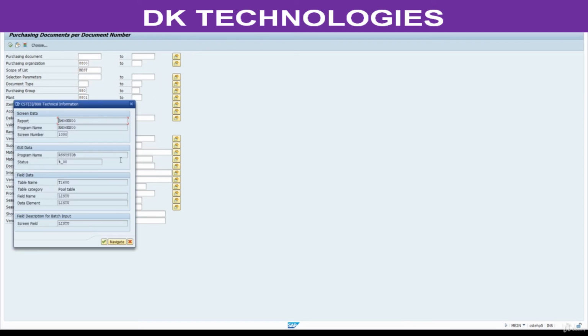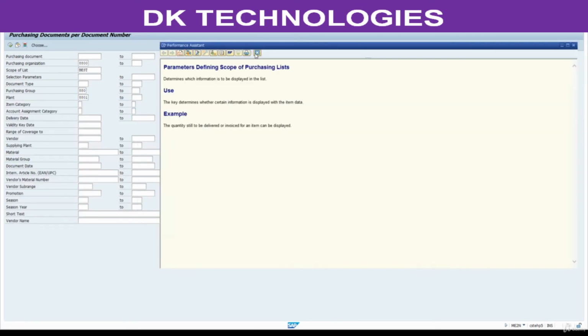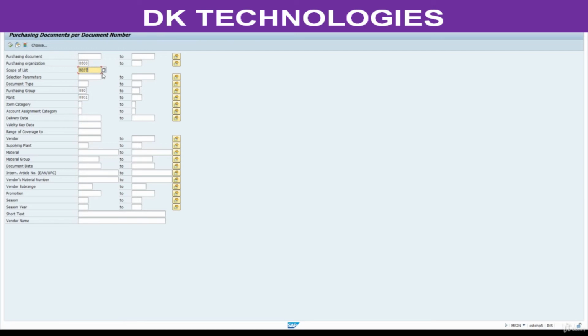Click on this technical information. See, here we don't have parameter ID. If you don't see parameter ID here, that means you can't default this from parameters SU3 T code. Hope you understand. You need to select this. Then what is the solution? I need best ALV as well. I don't want to enter this information repeatedly.